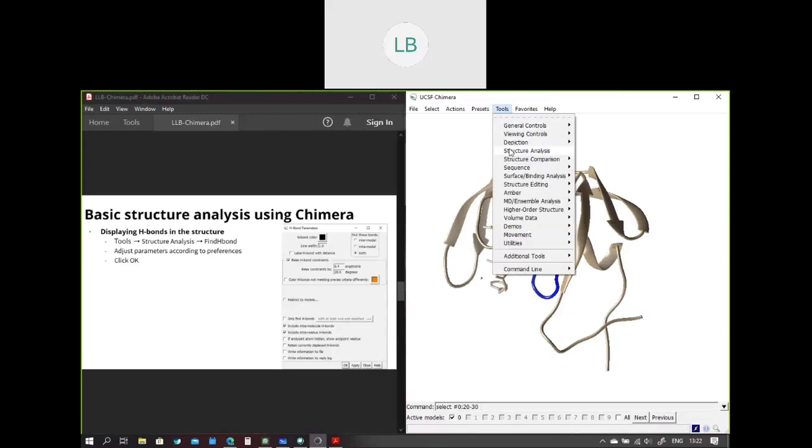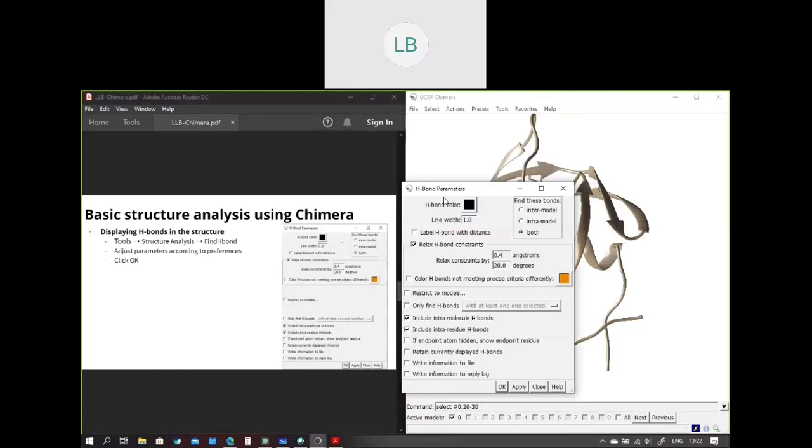It will open a prompt like this. So it will show the various parameters. Most of them are cutoff values for which we have to show the hydrogen bonds. Here it shows the color and the line width, and sometimes there are constraints as well.